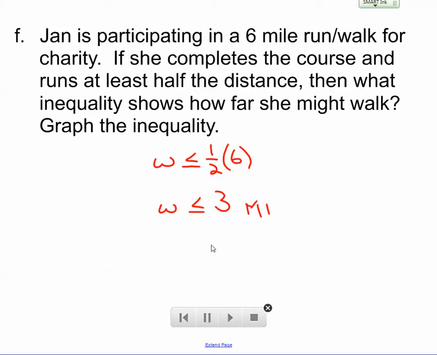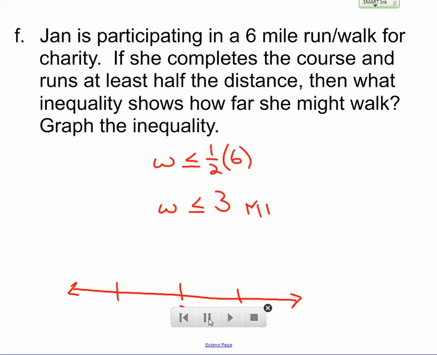Okay, so if she ran at least 3 miles, she might have run 4 miles, which would mean she walked 2, and 2 is less than 3, so that makes sense. She might have run 5 miles, which means she walked 1 mile. 1 is less than 3. We know it's somewhere less than or equal to 3. Okay, now if we graph that,